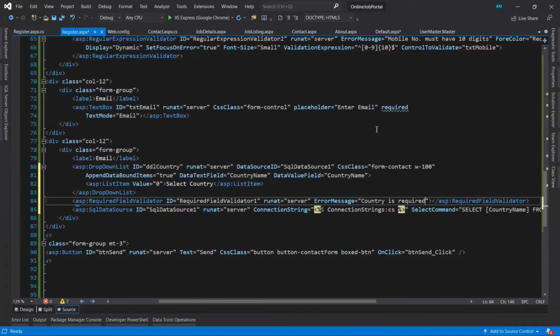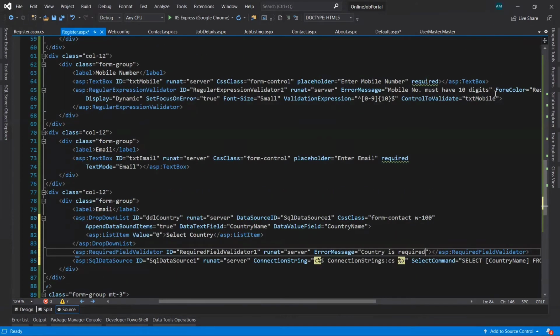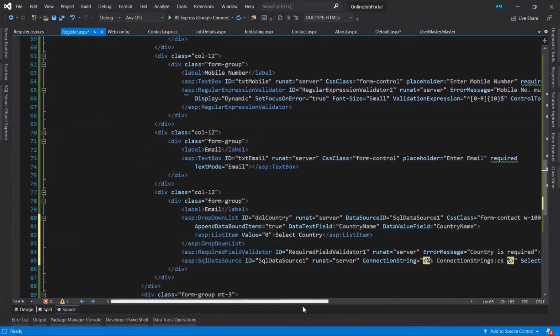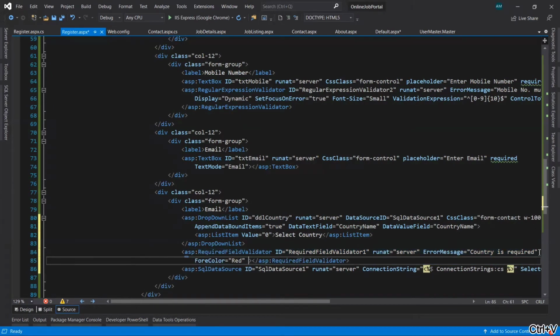Then for color and layout, let's copy it and paste it.